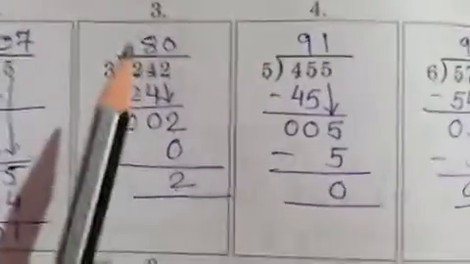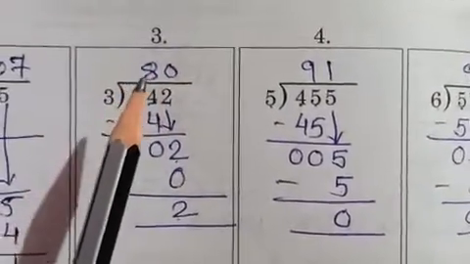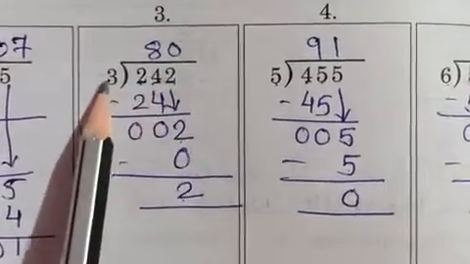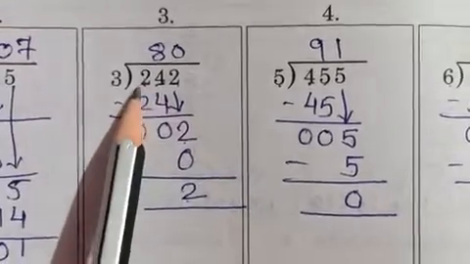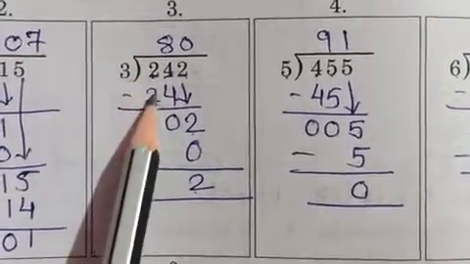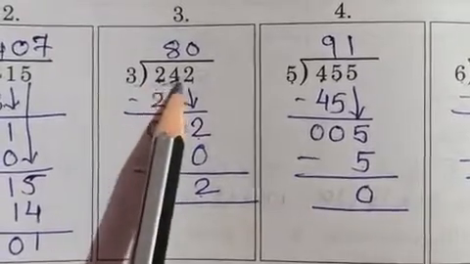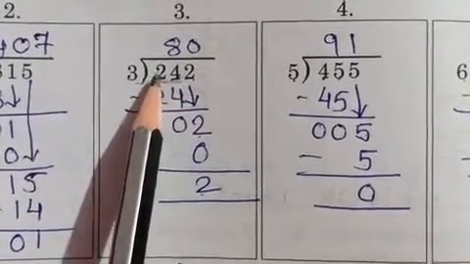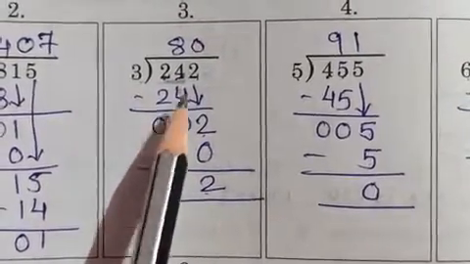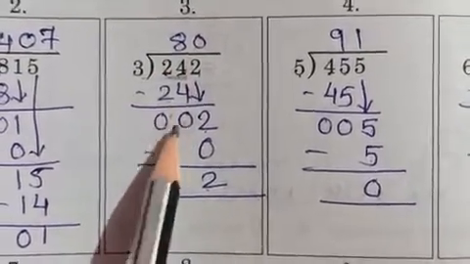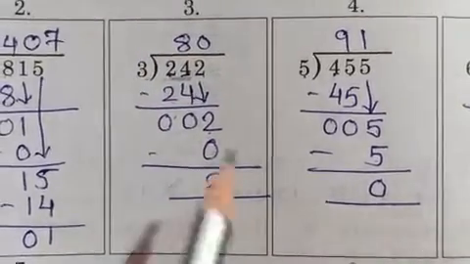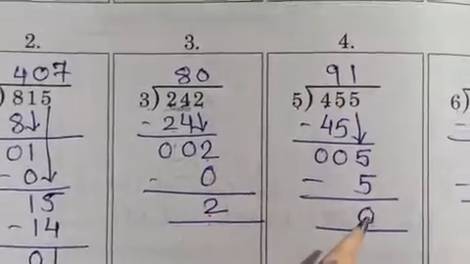Clear? Third one. Your third one is 242 divided by 3. The first number is 2. Now 2 is smaller than 3, so we can't take 3 1s are 3 here either. So you will take the next number along with it. You will take both the numbers together, that is 24. 24 comes in the table of 3. Yes, 3 8s are 24. So it is 0. 2 will come down. 3 zeros are 0. 2 minus 0 is 2. Clear? Similarly, the fourth one also has to be solved.